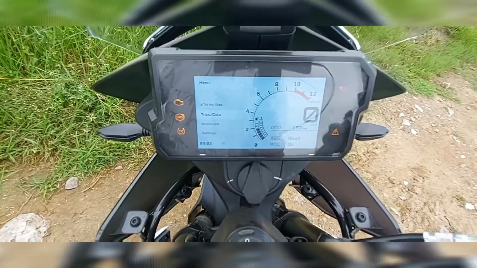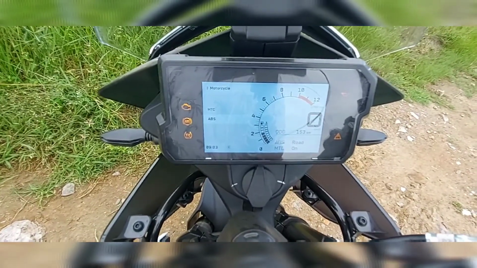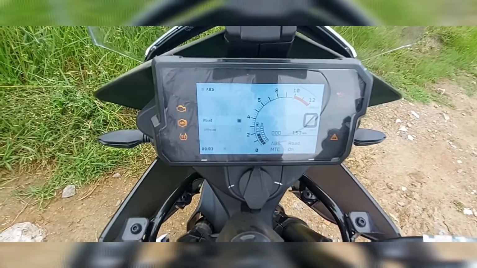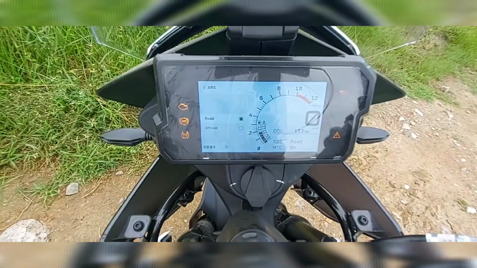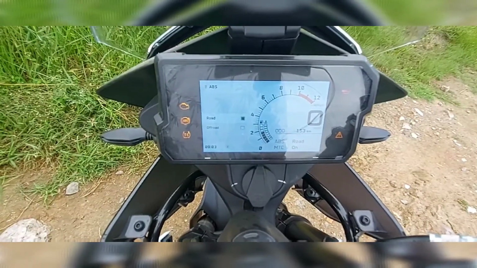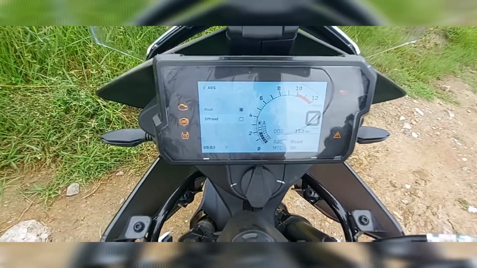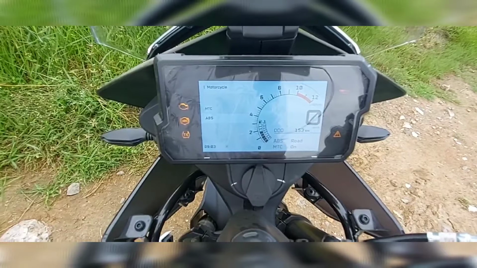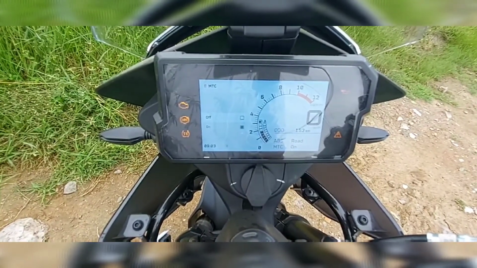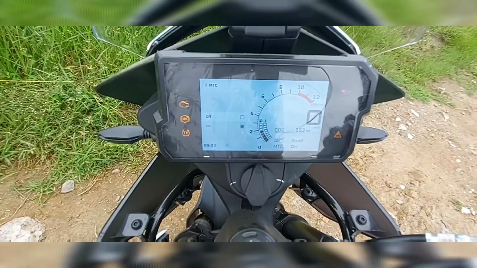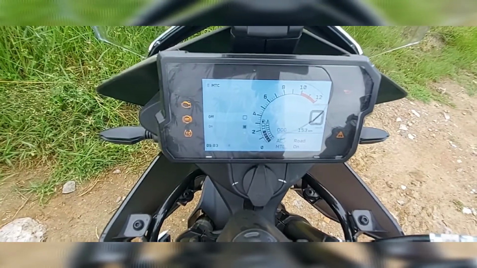Moving on, and then we'll get into the motorcycle. So there are 2 options available, ABS and MTC. ABS has on-road ABS and then off-road ABS. On-road ABS is enabled here, and off-road ABS, if you want, we can enable by pressing the set button. And then coming back, we have traction control on and off. By default, traction control is on when you switch on the ignition, but when you're taking an off-road, definitely we have an option to switch it off.